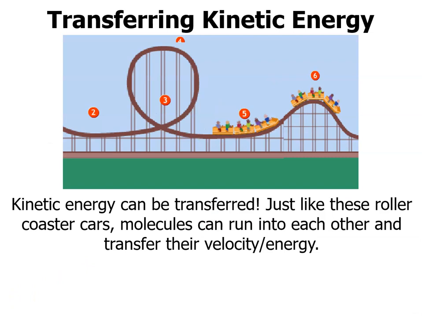Another important part this analogy can help to show us is that kinetic energy can actually be transferred. So just like these roller coaster cars, if this roller coaster car back here ran into number 6, it's going to bump into it, and this one is going to move because of it. So molecules can run into each other and transfer their velocity and their energy from one molecule to another. That's an important part, things that actually do happen and will happen in real life,